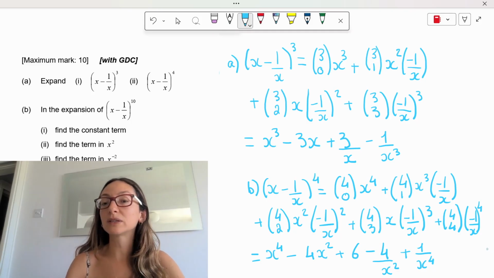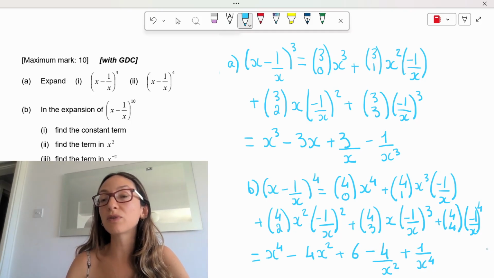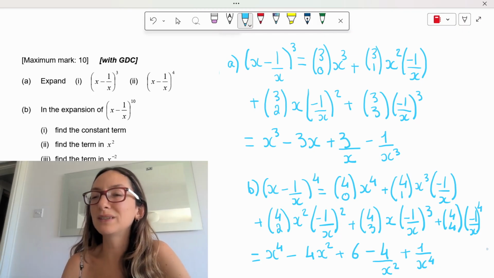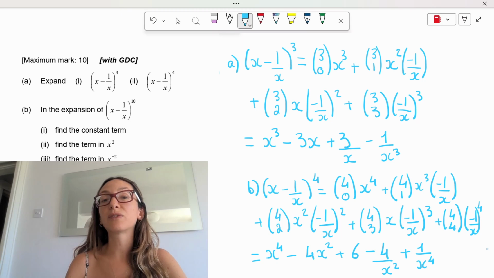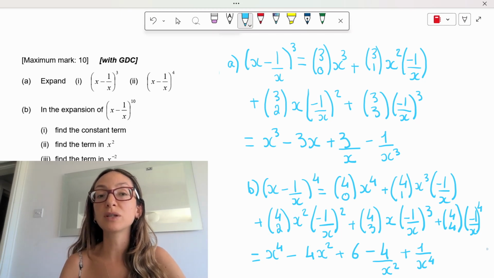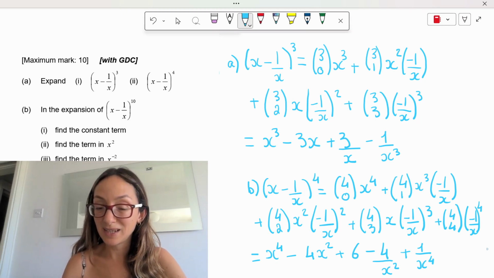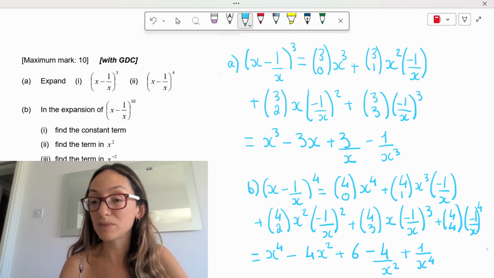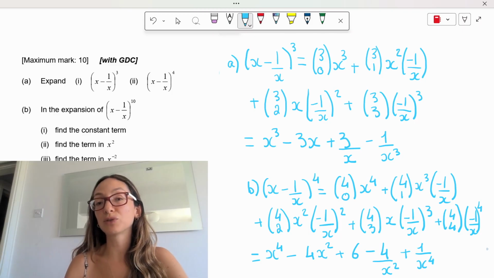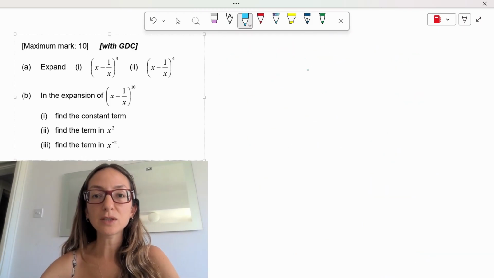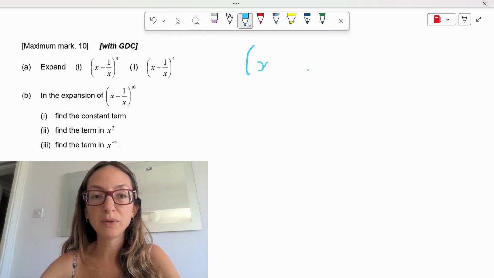Now, this was all good and easy because these two values of n are not that big, so we didn't end up with that many terms. But if you look at the second part of the question, it asks us to find particular terms in the expansion where n is equal to 10. Now, that's going to give us 11 terms, and it's not going to be very nice to write it all down. Instead of writing down the full expansion, we can use the general term formula to find the exact term that we're interested in. So let's write down the expansion that we want, x minus 1 over x to the